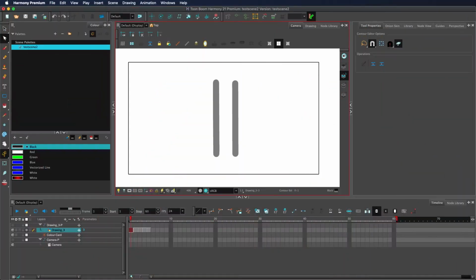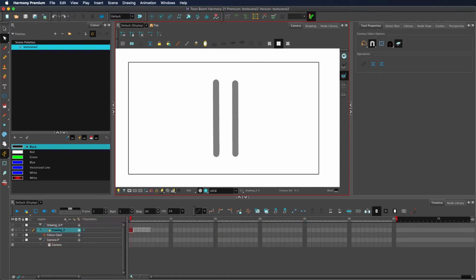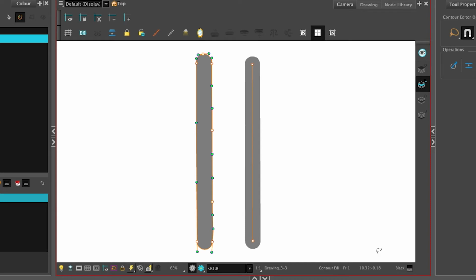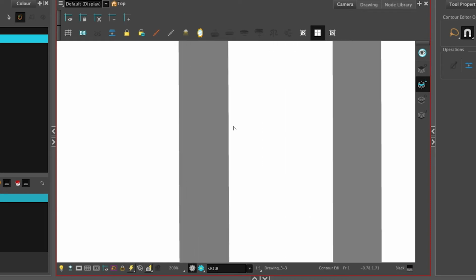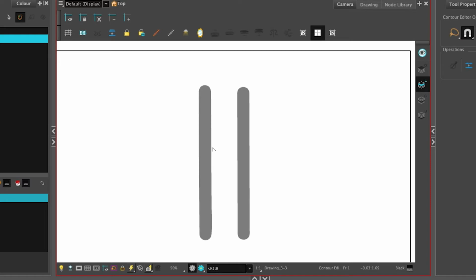First of all, let's start with technical detail, or in other words, what is this vector thing? You hear about it always, but what does it mean? In short, on a vector layer, artwork is made up of points or vertices, as seen here. This is why when we scale or zoom into artwork, we don't lose any quality, because it's made up of points that then do some fancy mathematical stuff to calculate what's shown on screen.